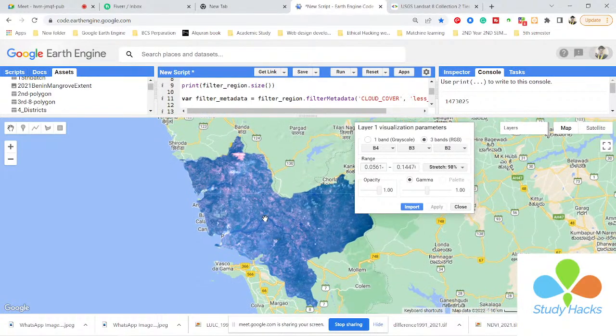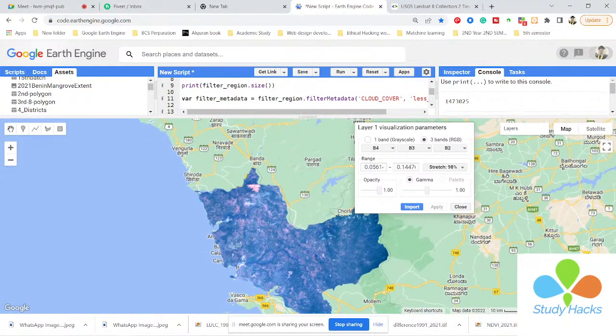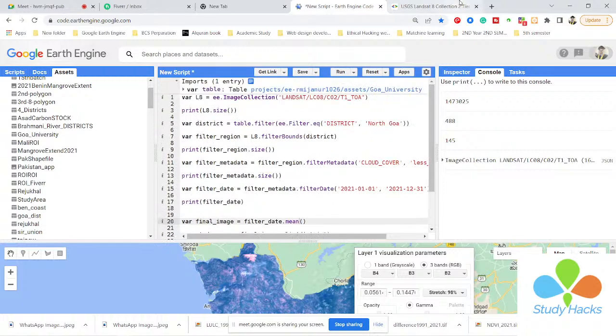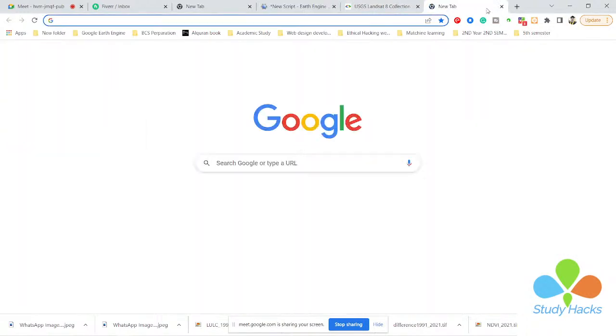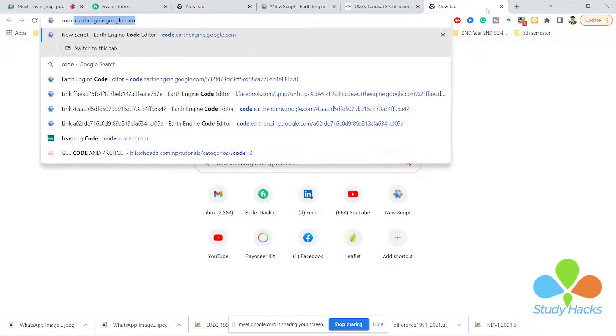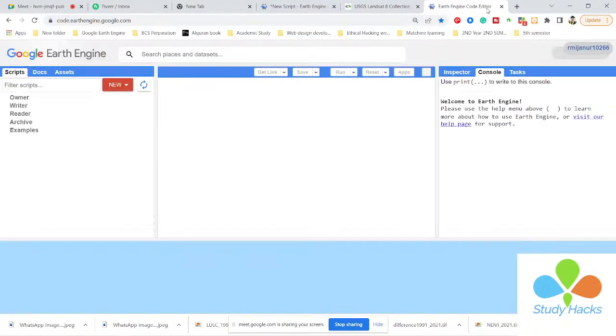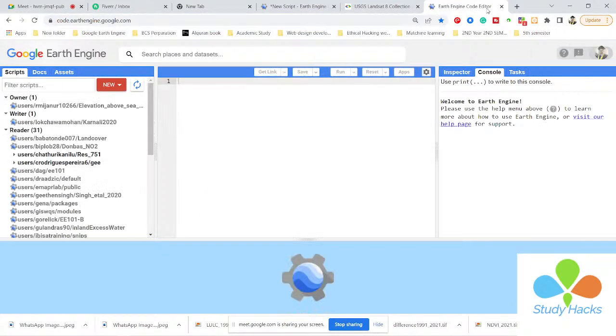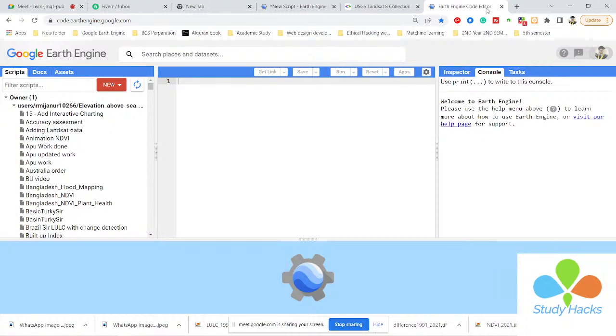Okay, so for this you also need to add the cloud mask function. So at this time I already wrote the code for the cloud mask function. I simply copy and paste here. Wait a minute. So this function,